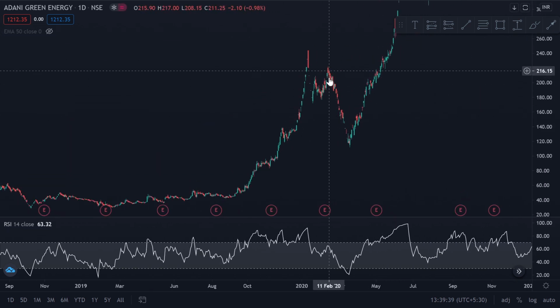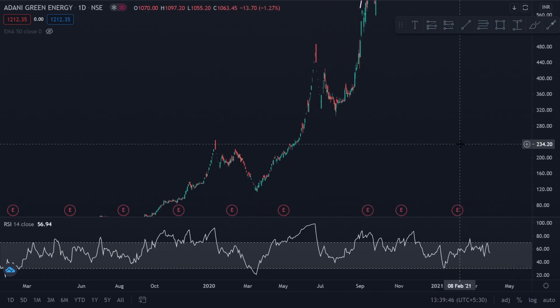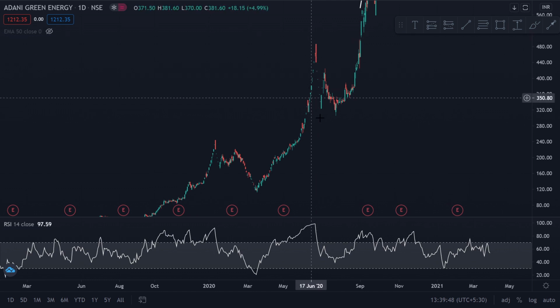Because as you can see, okay, this was one major fall, and that was it. This is during the COVID crash, and you can see after that there is no major fall as such. You could say this was another major fall, but again, it would be difficult to catch a stock in its downtrend when it's going up in upper circuits, right? How are you going to predict that it's going to turn around there? It's not possible for us. So we cannot trade here as well because it's coming down in lower circuits.